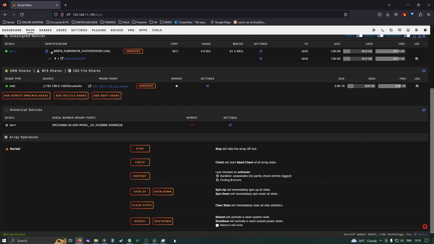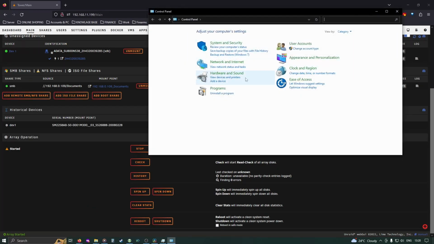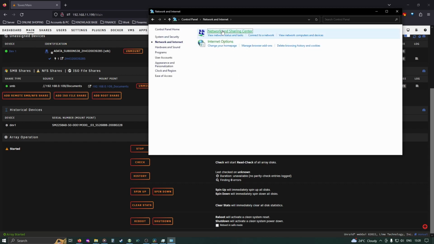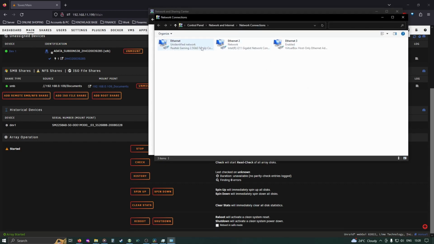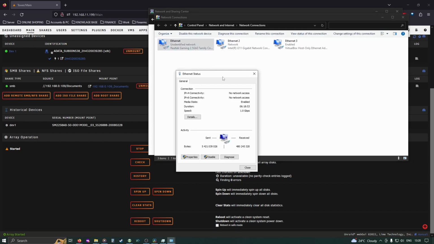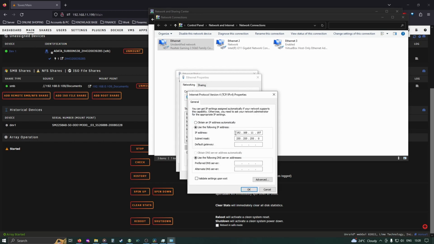After that, it's a matter of going to control panel on your Windows 10 system, going here to network and internet, click on network and sharing center, and then you go to change adapter settings, and you'll choose the one that you've got connected to each other. So you can see here, this is the 2.5 gig jack. Go over here and click properties, and then you click the properties of IPv4, this one right here, properties again, and you set, instead of this being ticked, you tick this one over here, and you do the exact same thing,